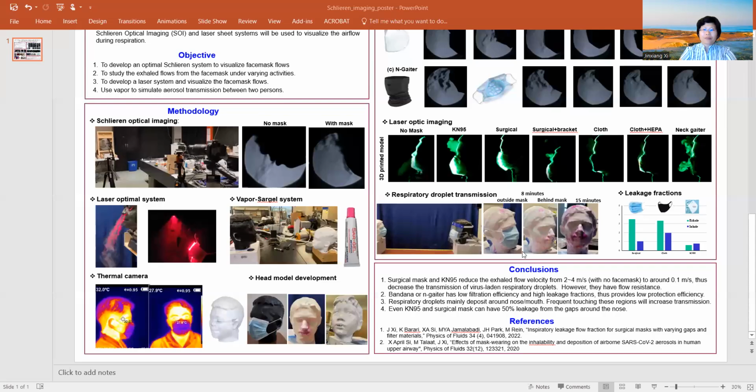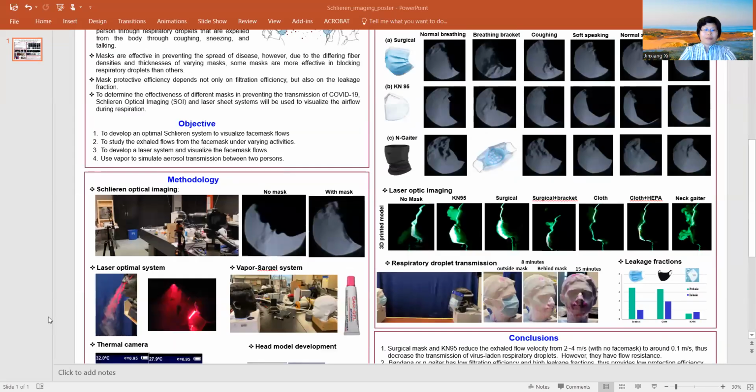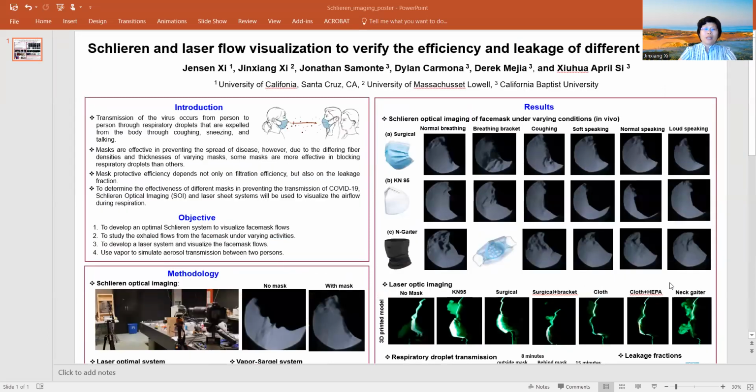So in this conference, I'm going to present 2 projects of mine. So let's look at the first one. The first one is to use Schlieren and laser flow visualization to verify the efficiency and leakage of different face masks. The main idea of a face mask is to